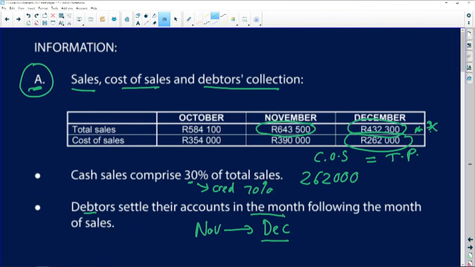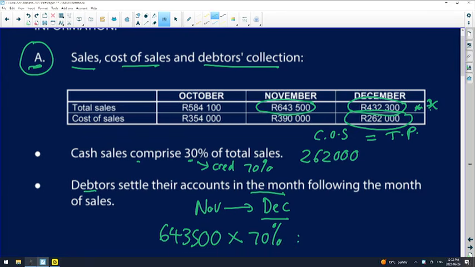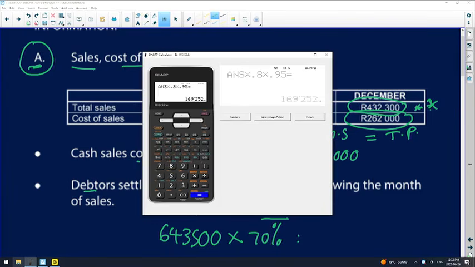So in November, my expected sales is an amount of 643,500, and I need the credit sales. If cash sales is 30%, credit is 70%, and the amount that I would have sold on credit is total sales